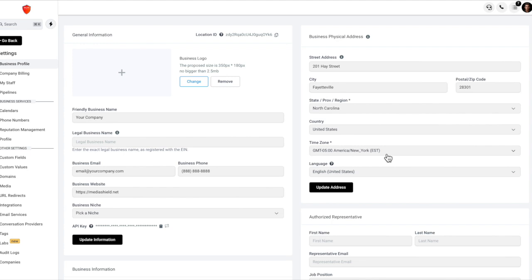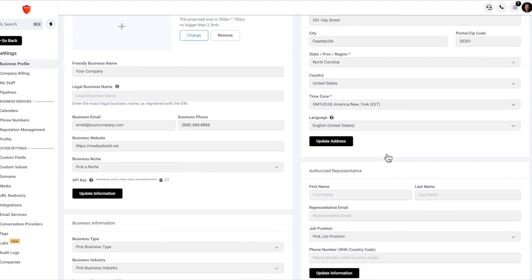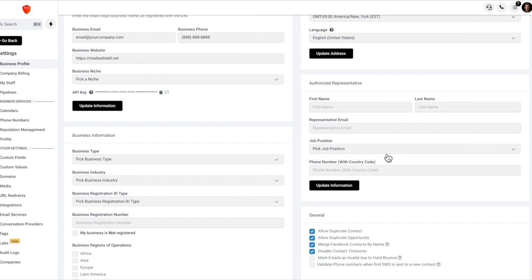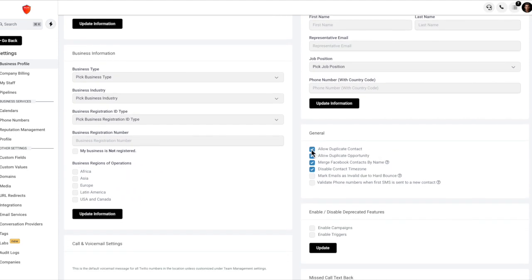Under General, you will notice a list of checkboxes. Most of these you will likely want to leave unchecked. Allow duplicate contact is pretty self-explanatory. If you check this on, it will allow you to have duplicate contacts of the same contact inside your database. Allow duplicate opportunity you will only want to check if you wish to have the same contact multiple times within